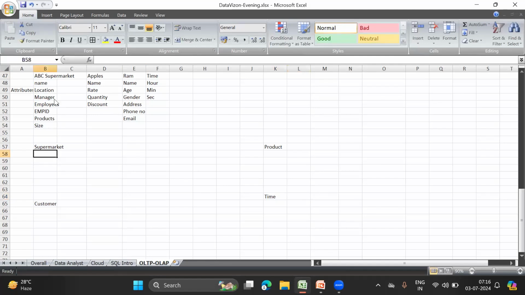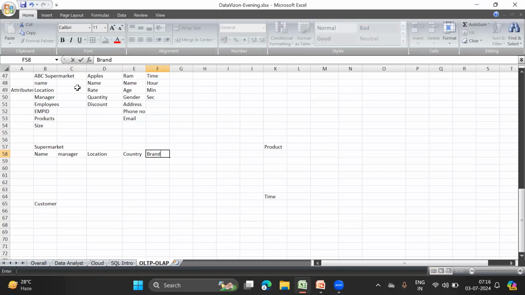Now, every attribute which we have extracted so far is going to become a column. For example, the name of the supermarket, who is the manager of the supermarket, and what is the location of the supermarket, which city or which country it is in, or which brand it is associated to. There could be a supermarket which belongs to Reliance.